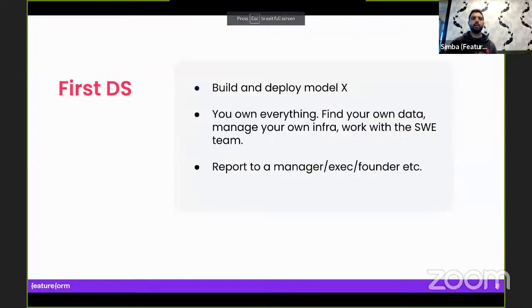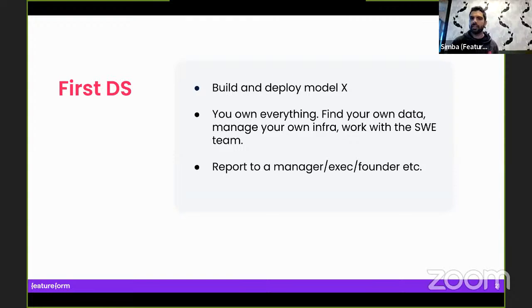Let's start with the first kind, the MVP data science team. You're the first data scientist to join an organization. Typically, you're brought in to build a specific model. For example, you join a B2C company, you're the first data scientist, likely you're building a recommender system. You're joining, let's say, a fintech company, you're probably building a fraud detection model or something similar. There's a lot of these basic models that people just expect to have, and eventually we need